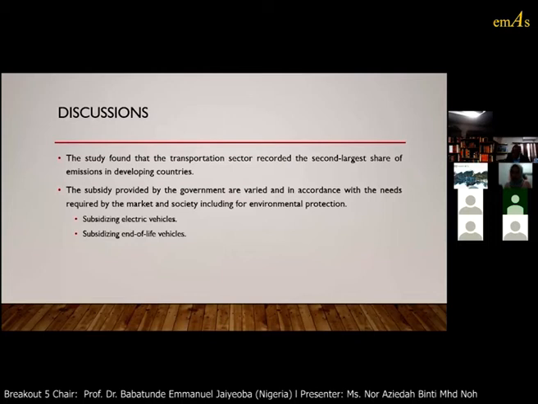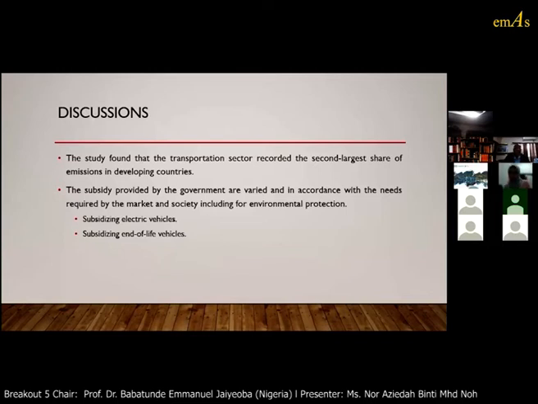In this current era, we can see the growth of motor vehicles, meaning that end-of-life vehicle activity will increase in future. We see that end-of-life vehicles are one way to mitigate carbon emissions and to maintain sustainability.